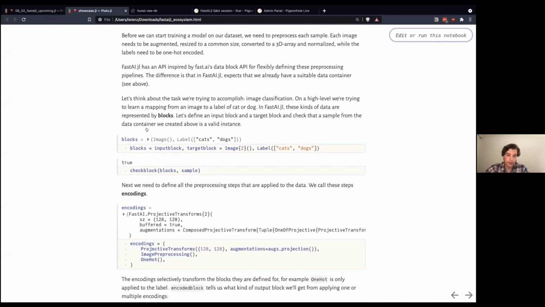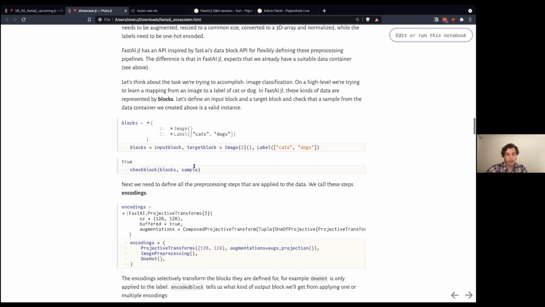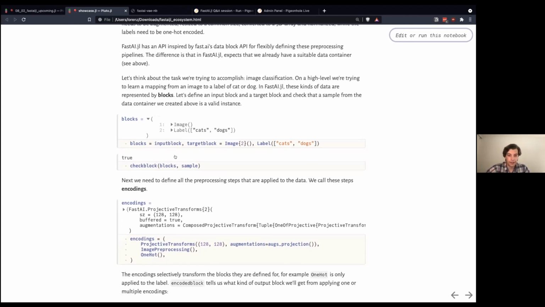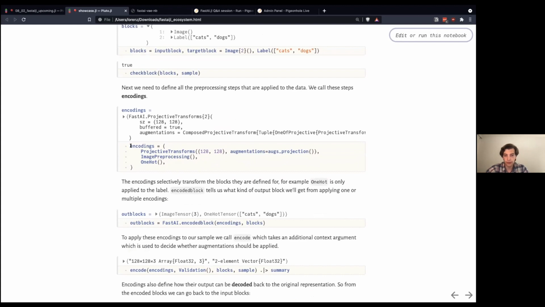And then you can define the input and output blocks. Here you put in an image, of course, and want to classify it as a cat or a dog. We can check that the data corresponds to the meaning we assign to it, and then we can define the different steps of the data processing.